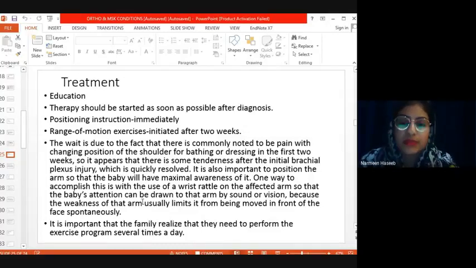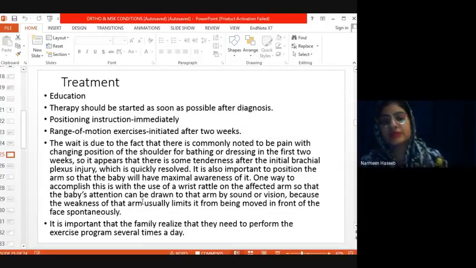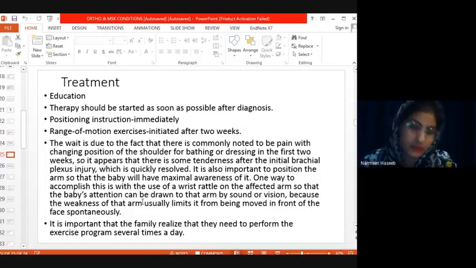It is also important to position the arm so that the baby will have maximal awareness of it. One way to accomplish this is with the use of a wrist rattle on the affected arm so that the baby's attention can be drawn to that arm by sound or vision, because the weakness of their arm usually limits it from being moved in front of the face spontaneously. So it is important that the family realize that they need to perform the exercise program several times a day. Education, therapy, positioning,